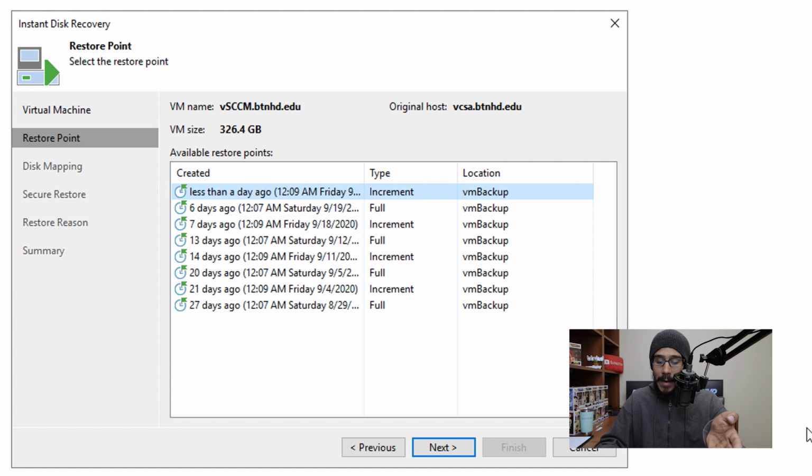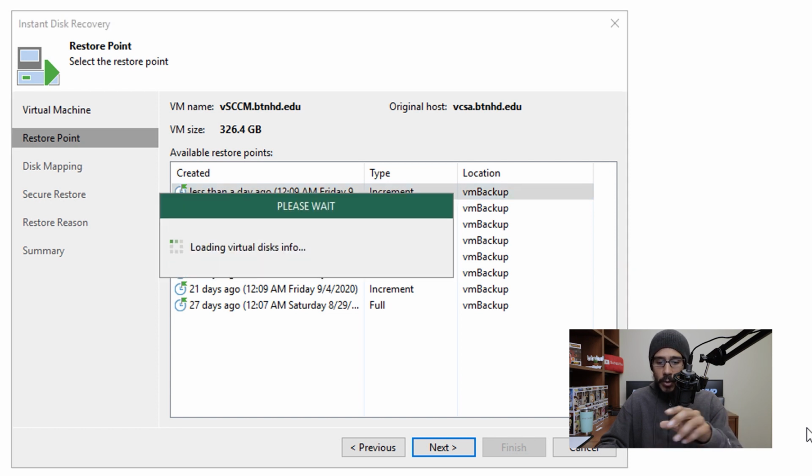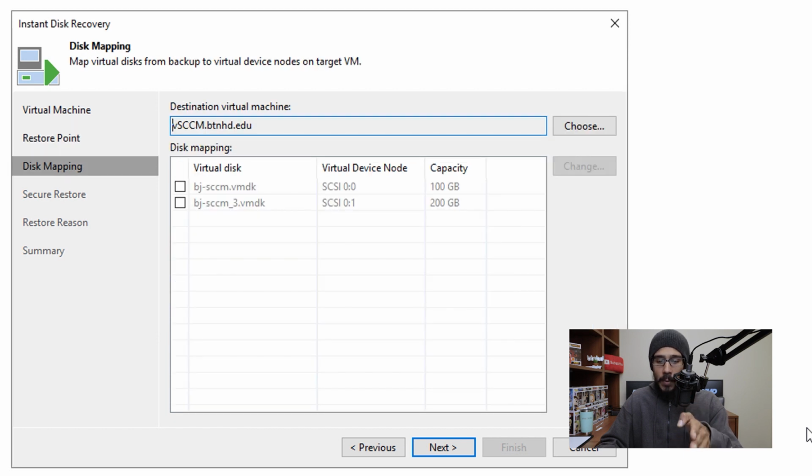pick your restore point. I got a lot of them, right? So pick which one you want, click on Next. It's going to start loading the virtual disk information. Once that's done, you are able to pick which disk you want to recover. Now for this example, I'm actually going to pick my D drive, and I'm going to click on Next, and